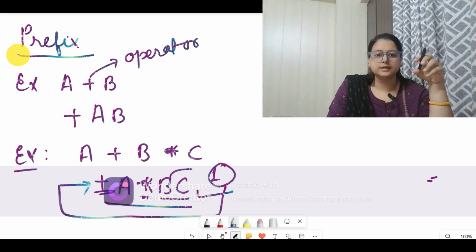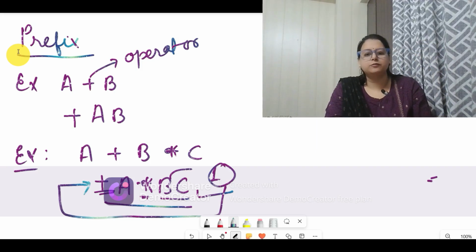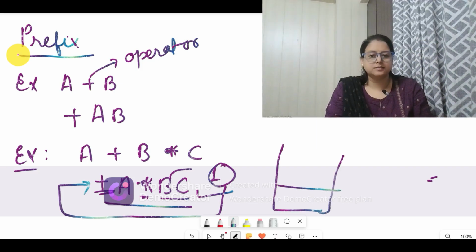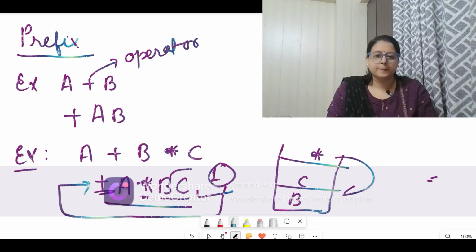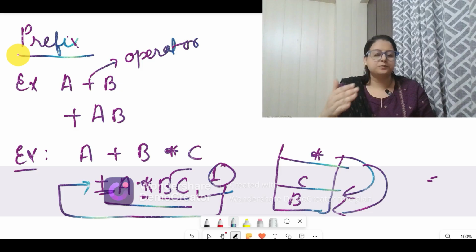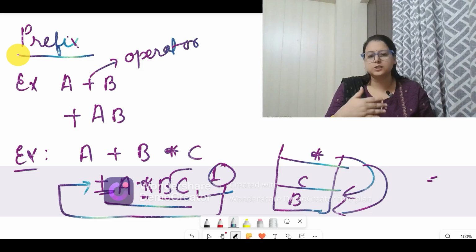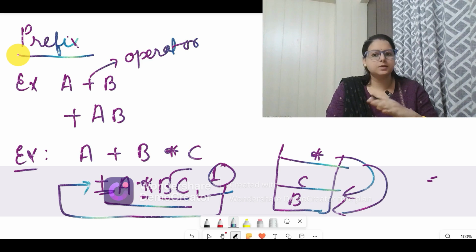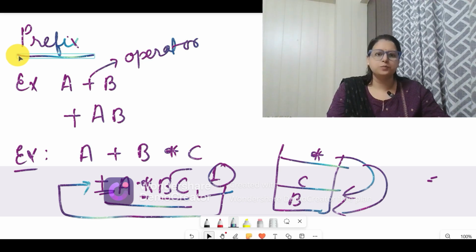This is how it is written, but in memory it will be evaluated in the form of a stack. We know the stack data structure which we are dealing with now. So this is how things will be evaluated: first B is there, C is there, then multiplication is there. For the stack data structure, these prefix or postfix expression types are very useful, because using the stack only, the processing will be done, and the priority need not be explained by the user. The system will understand by looking at the prefix. So this is how prefix will be done.